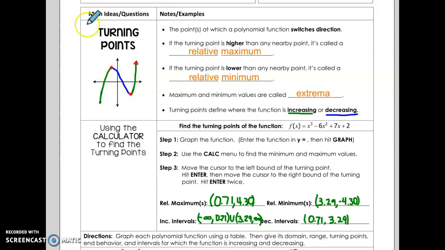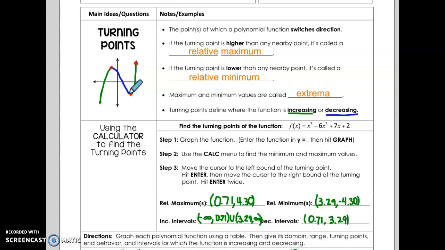And our card does. Okay, and then this one down here would be a relative minimum because it is lower than any other points in the area. Okay, so the maximum and minimum values overall are called extrema. Okay, and then the next thing we want to talk about is turning points, kind of set up where the